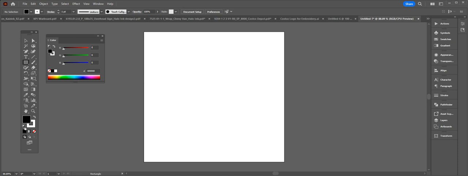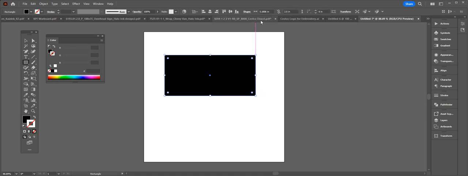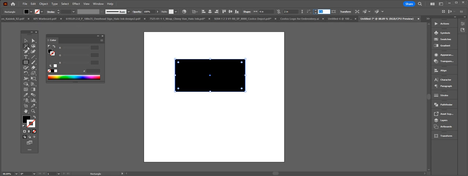We also have our fill and stroke. So I'm going to turn off the white stroke by clicking on it and then hitting clear. Now we're just working with a black rectangle. If you use your left mouse button, you could click and drag out a rectangle however you'd like. And if you wanted to be a little bit more precise, like let's say we wanted 4x2, you could come up to your transform tools up here next to shape. You could type in 4, hit tab, and then 2, and then tab,